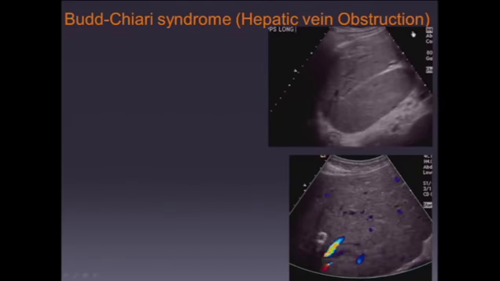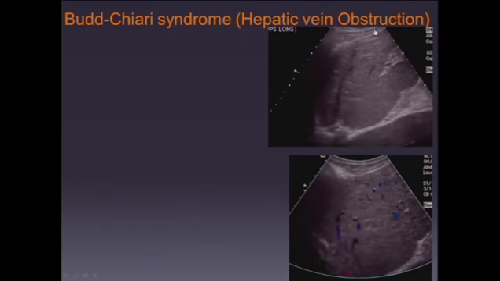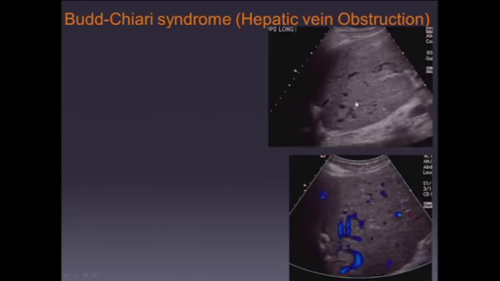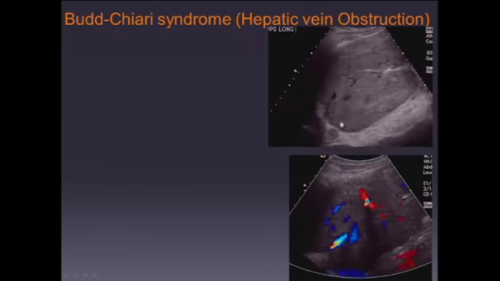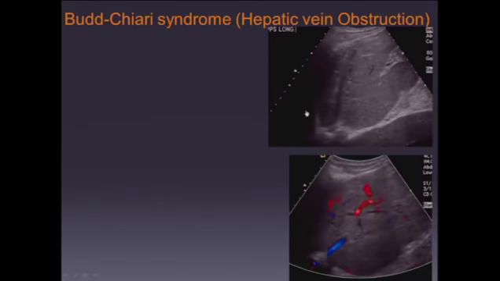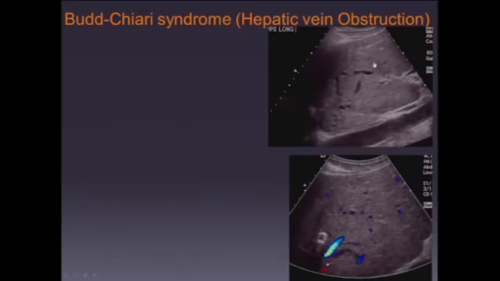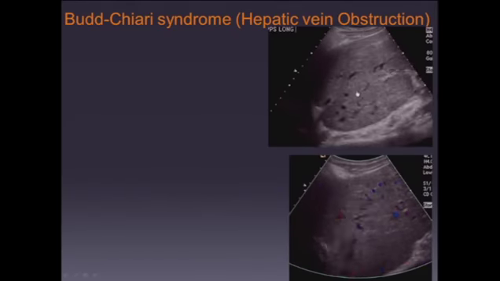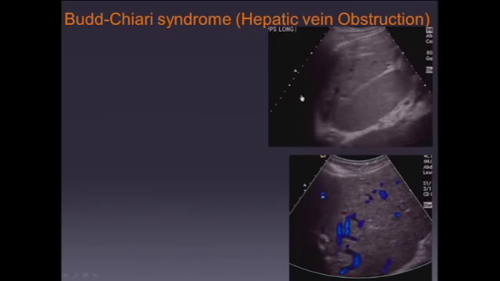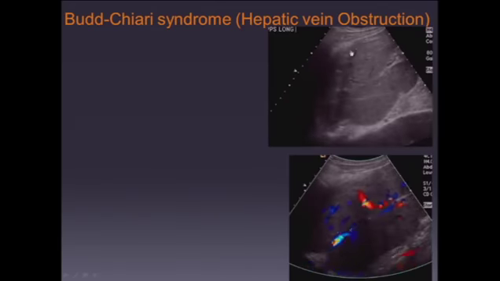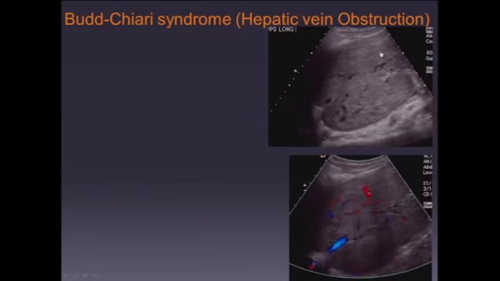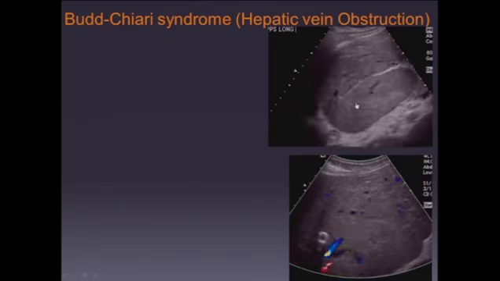And this is a grayscale clip of a patient with Budd-Chiari syndrome in the sagittal plane. The caudate lobe is markedly enlarged. This is one of the features of hepatic vein obstruction. You see multiple tortuous tubular structures running through the liver that do not correspond to the normal anatomical hepatic or portal veins. These are portovenous collaterals running from the portal vein to the hepatic veins that have formed as a result of the hepatic